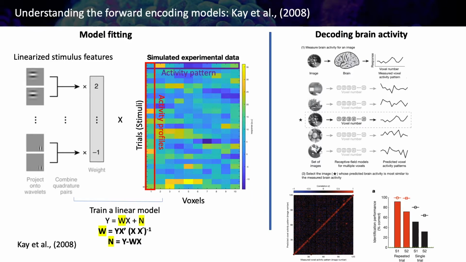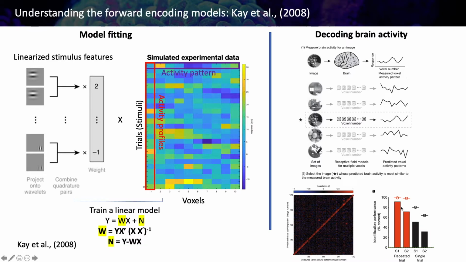And finally, we can check the decoding performance, how good it is at separating between the different stimuli. What you can see is that if you are using repeated trials, meaning you are training and decoding not on only one presentation of the stimulus but on many presentations that you average out, then you can do it well above chance level. If they used, I think, 120 images, chance level would be this small portion here, the green bar in the bottom part of the plot.